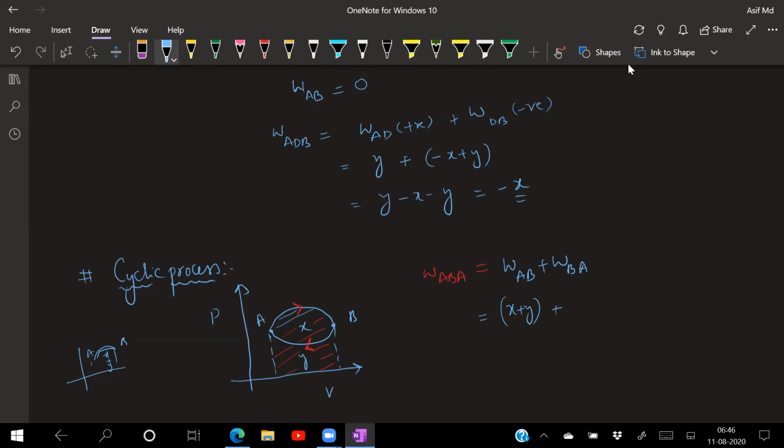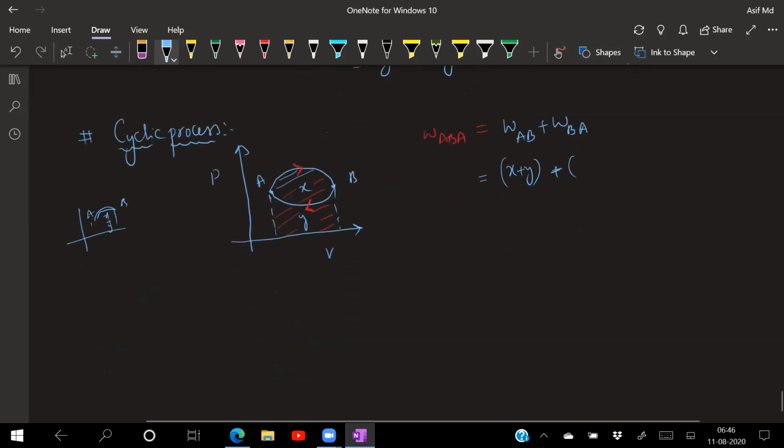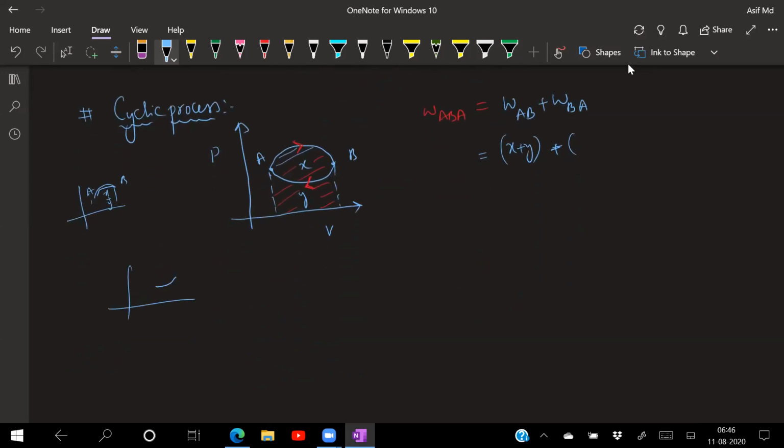Then work done from B to A. Sir, minus X plus Y, sir. B to A, you see. B to A means it's on the other side. This is B, this one is A. Area under this one means only this area, na? Y. Plus Y or minus Y? Minus Y, sir. Minus Y because volume is decreasing. So this one is minus Y. So this one is X plus Y minus Y. So this will become how much? X. So work done from A to B is how much for me here? X. The same way, work done for me to move from C, D, C.